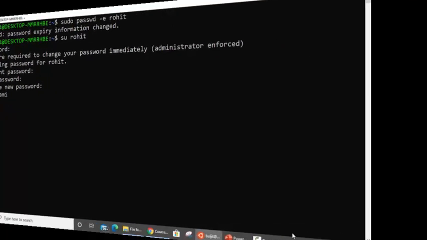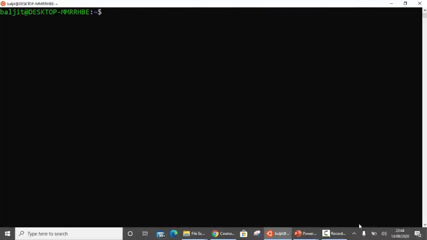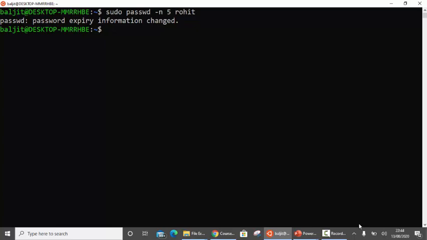So let us see how it works. Now we have just reset the password for Rohit. Alright. But if I use sudo password -N and then I give a number, let us suppose I give 5, and Rohit. Alright, now if I log in with Rohit, so the user Rohit has logged into the system and he now tries to change the password.